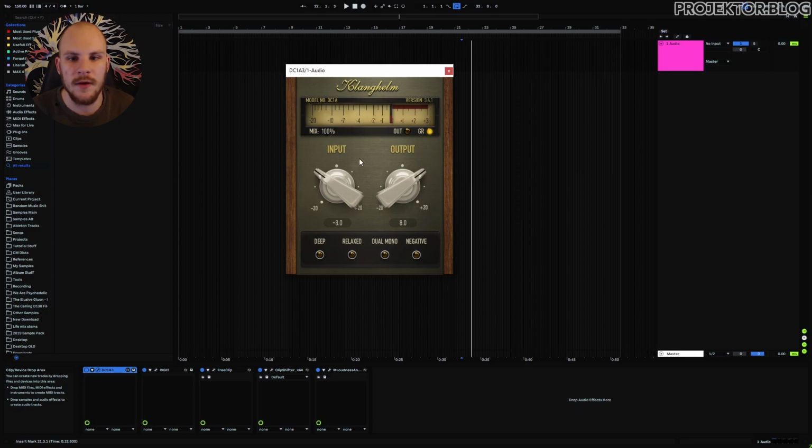It took me a while to figure out that this text was editable. Other than that, you have input and output, and obviously you use this at the top here to gauge where the level needs to be. Other than that, I've not really played with any of these knobs down here. I do like the saturation that it adds,